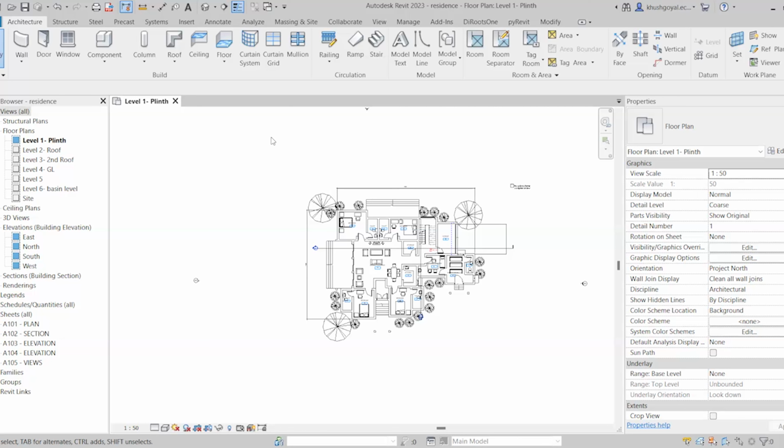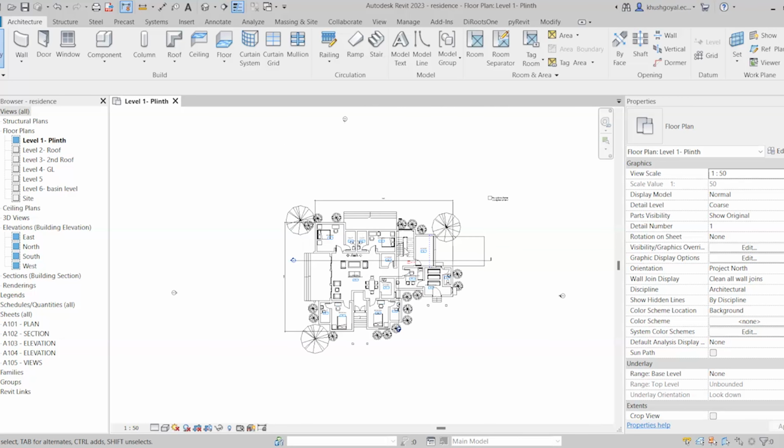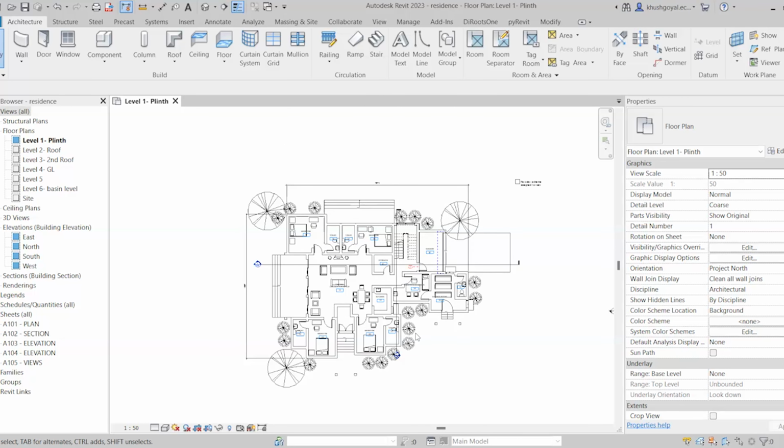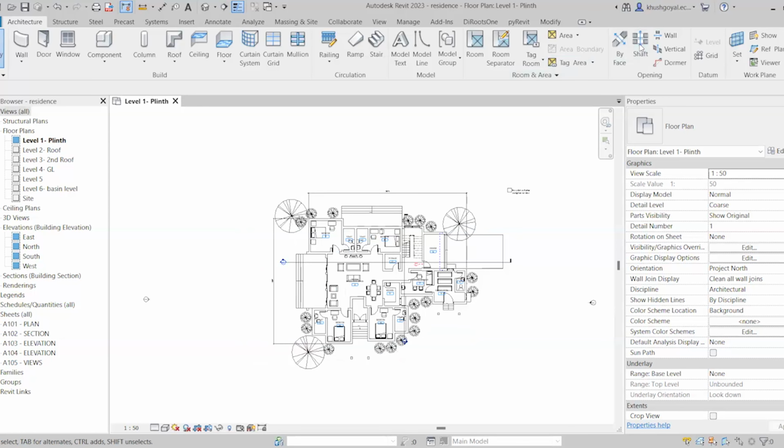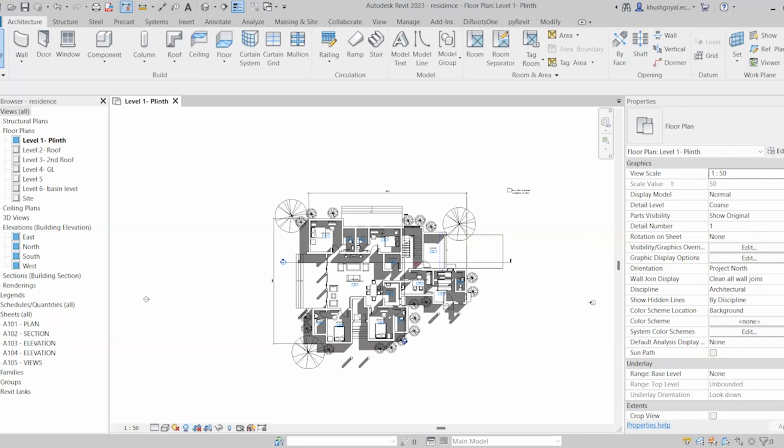Hello. So today we will be learning about how to create solar studies. So first of all, at the bottom, there is a Shadows tab which you need to click, and the shadows will be visible to you. After that, you just need to turn on the sun path, and by clicking it, you can click on Sun Path On,